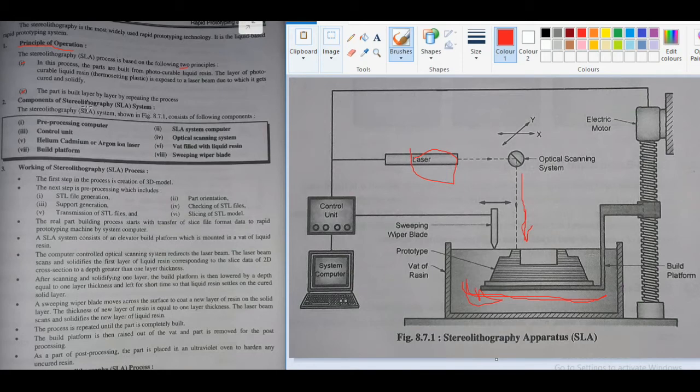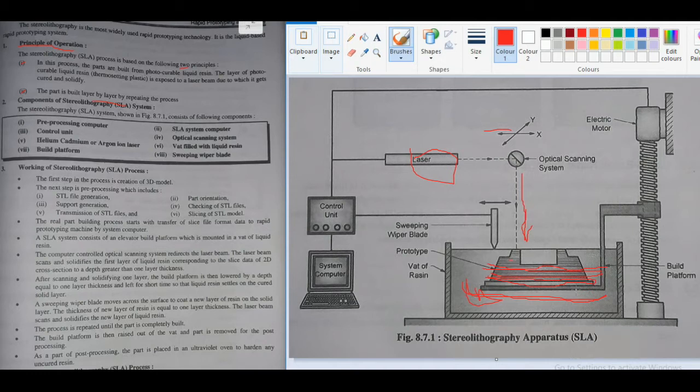The part is built layer by layer by repeating the process. Here in this case, friends, parts are built by layer. That is, suppose first it builds this layer, then it builds this second layer, then this third layer, then this fourth layer, and so on.